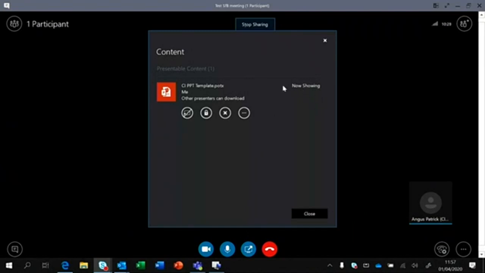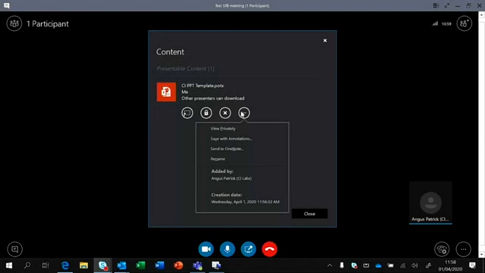But it gives me an example of what things look like in the manage content window. So the PowerPoint deck that I put in, I can choose to stop showing, for example, which I'm going to do because it's not showing properly anyway. I could choose to change its permissions so that only certain people can download it or work with it. So I might choose to allow everyone to download it, or I might choose presenters can download it. It depends. You can choose to remove it from the meeting as well if you want to,